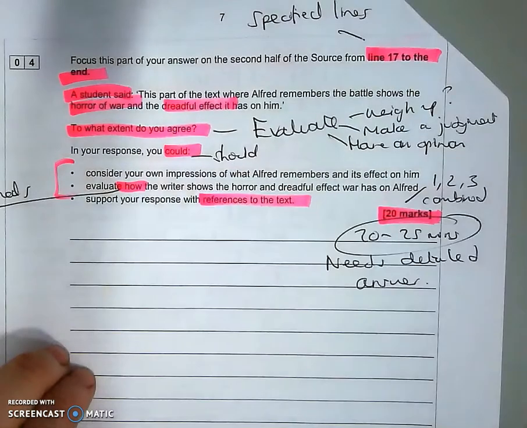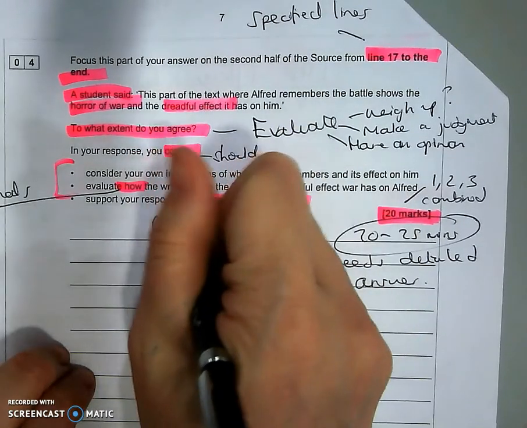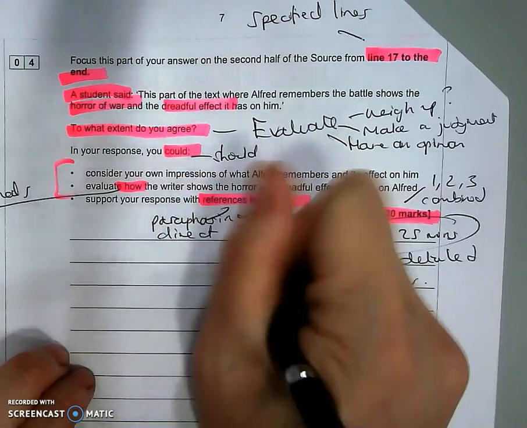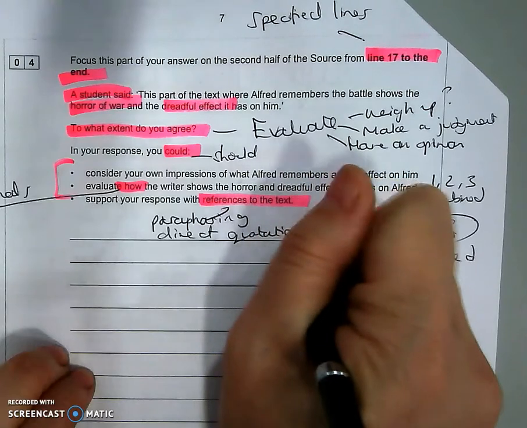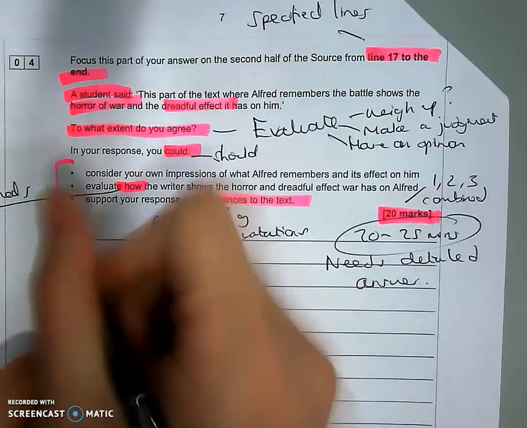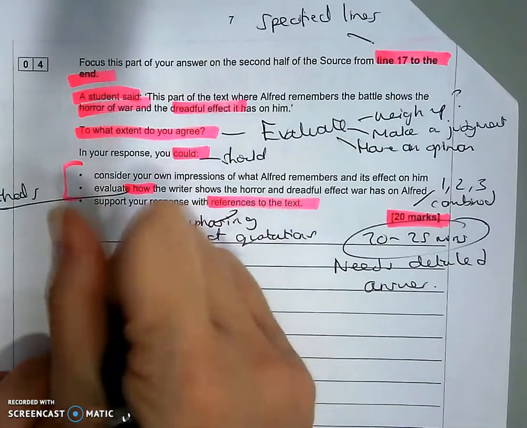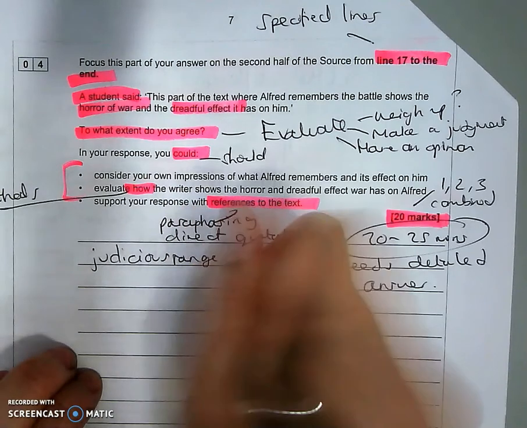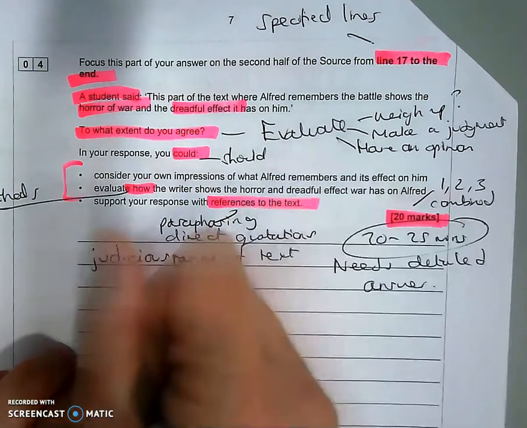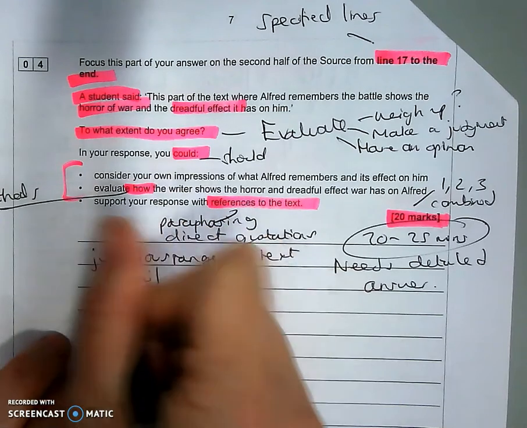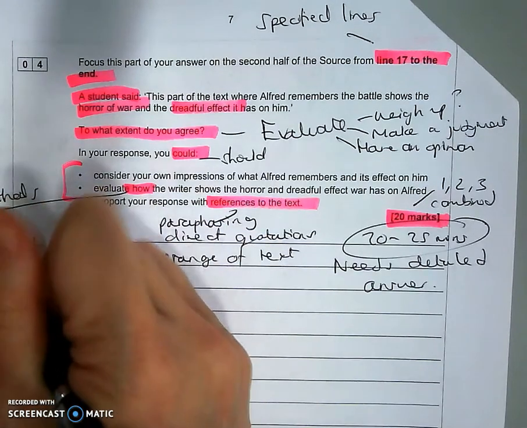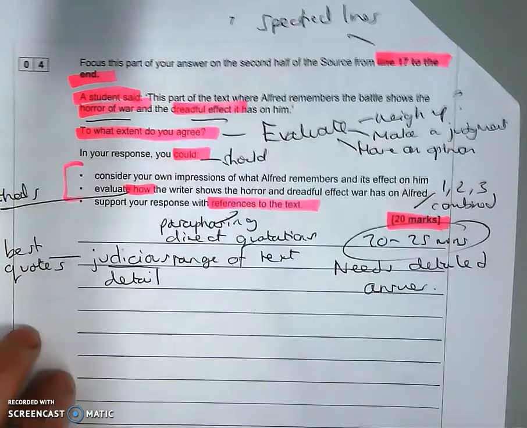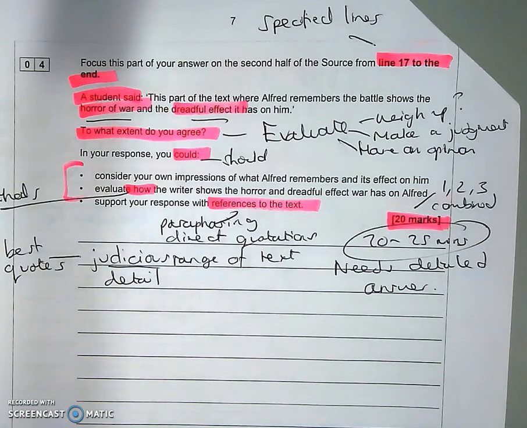References to the text. Now they can be you paraphrasing the text. You also need to ensure that you are referring to direct quotations from the text. Now if you look at the mark scheme for this particular question, they mention this phrase, judicious range of text detail. That means that you've searched for the best quotes to sum up how the writer shows the horror of war and the dreadful effect that it has on him, and whether